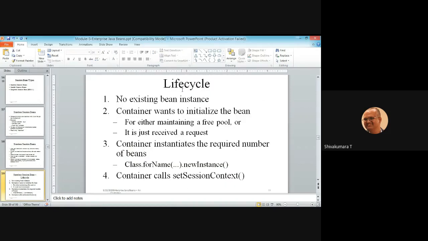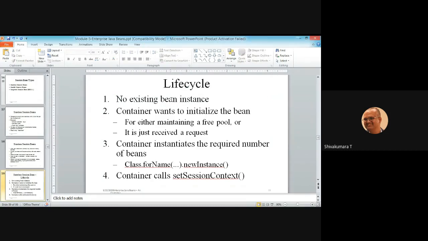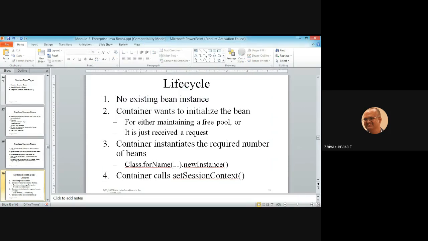The life cycle of the session bean is an important question for your internal as well as external examination. First, in the initial state, when there is no request from the client side, there is no existing bean instance. The bean class is present, but no bean instance exists.